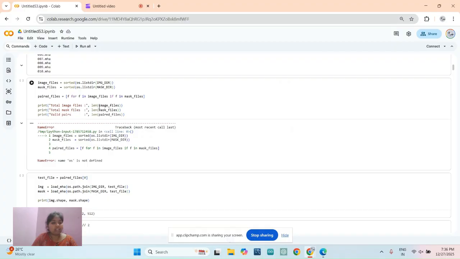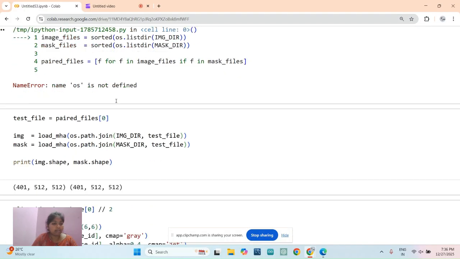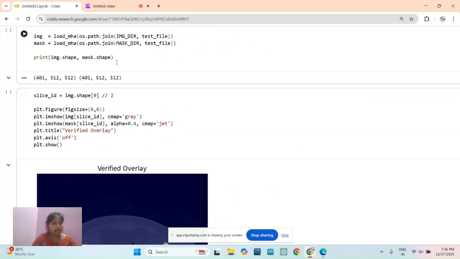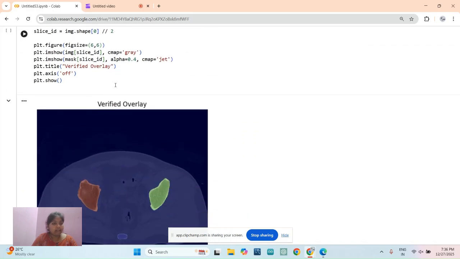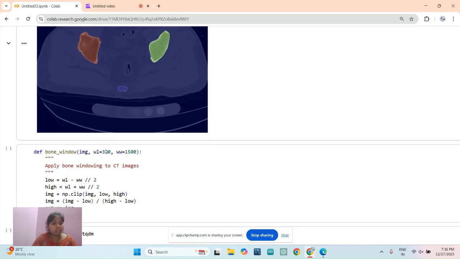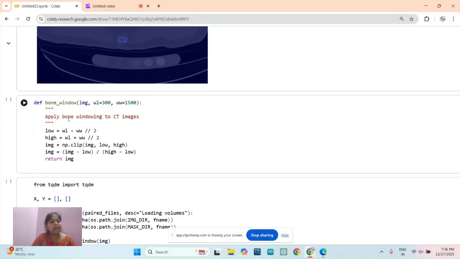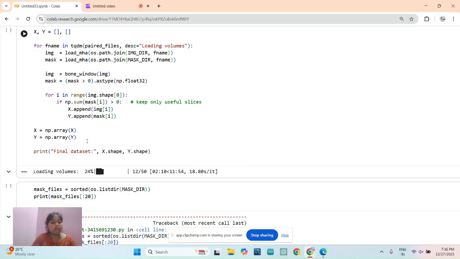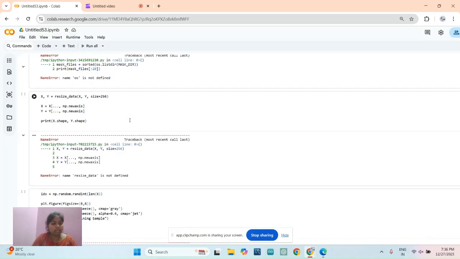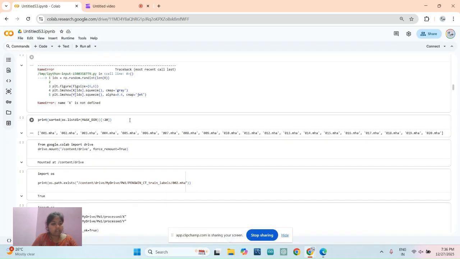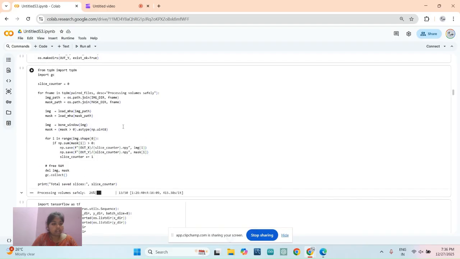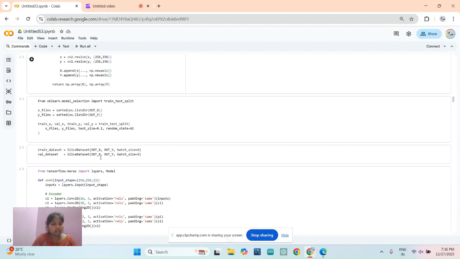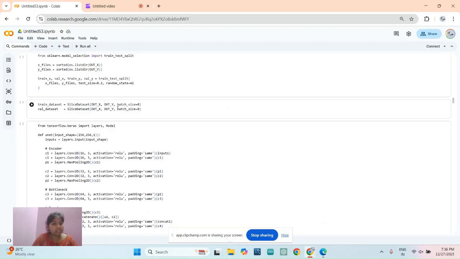These are some of the pre-processing steps I have used: checking the total images, then the mask images, and the overlay of the mask image, and then doing the bone windowing for the CT images and the volumes which are given, and the slicing of the images has been done.